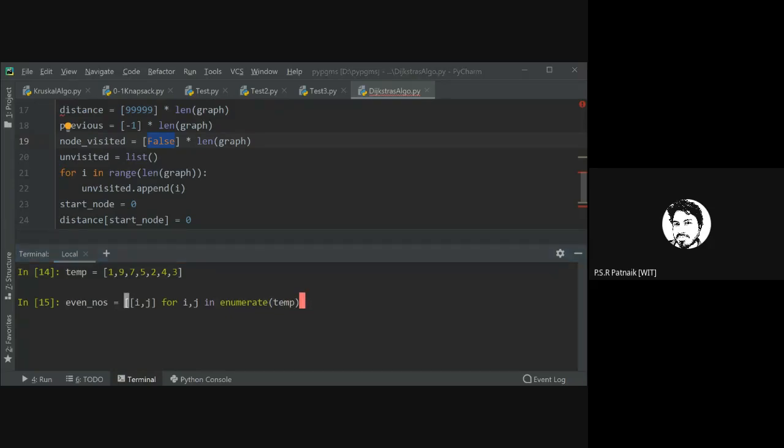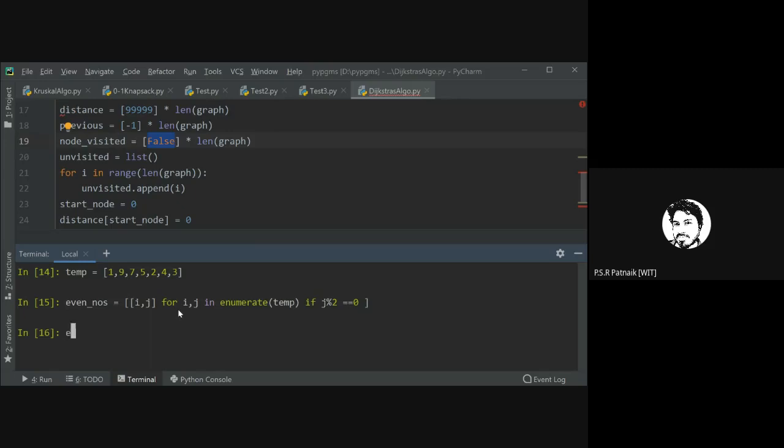So when you do this enumerate, and I am not sure if it was taught to you earlier in Python syntax or not. For list comprehension, I can always give an if condition. So if this if condition is true, only then this tuple will be included, else it will be ignored. If you can write a condition, what could that be? See, if you do enumerate, the first element of the tuple is always the index, the second is the value. If j mod 2 is equal to 0,